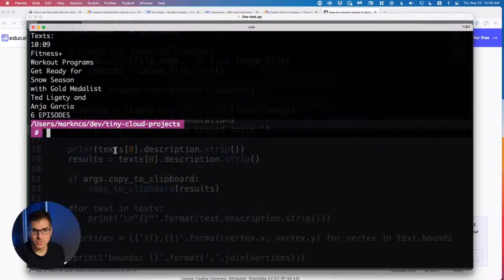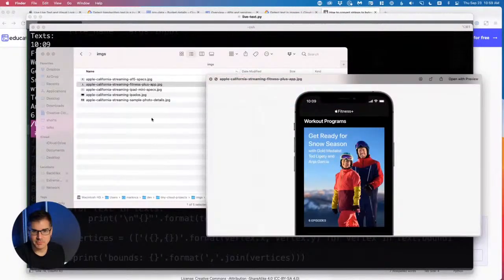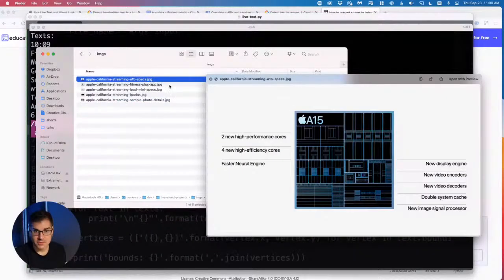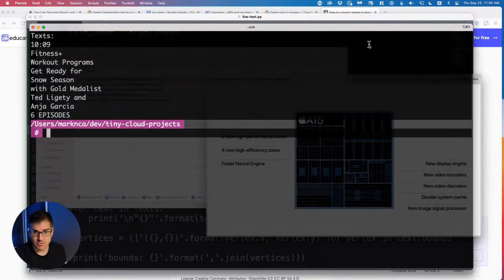And we're going to run one more quick test, because if I flip to my Finder, we did the iPad OS, we did this one. We haven't done this. I thought this was really interesting. In the bottom right corner, in really hard to read, tiny text, are all the details of the camera configuration that was used to take this photo. So we're going to try that one, that sample photo. Similarly, I want to pull out the A15 specs. So we're going to do the A15 specs first. We're going to see that. That should work no problem. And then we'll do the more detailed photo one. So if we go A15,